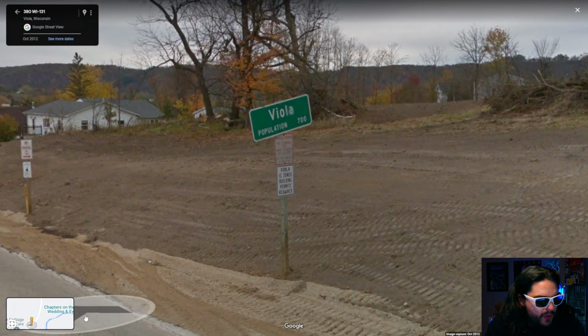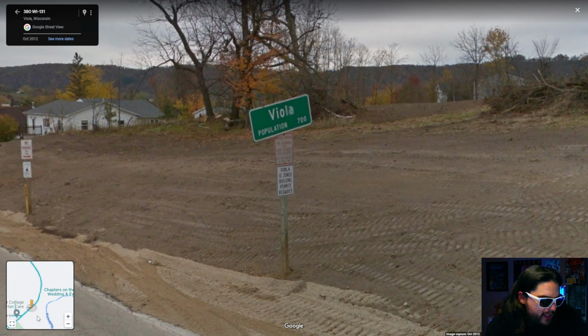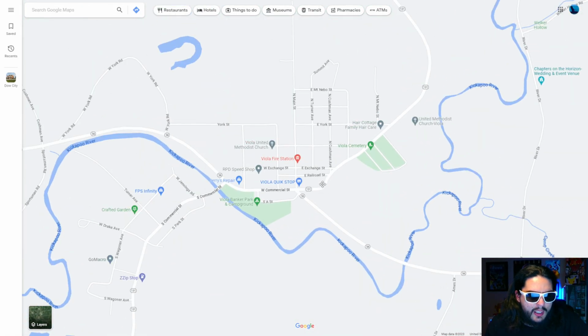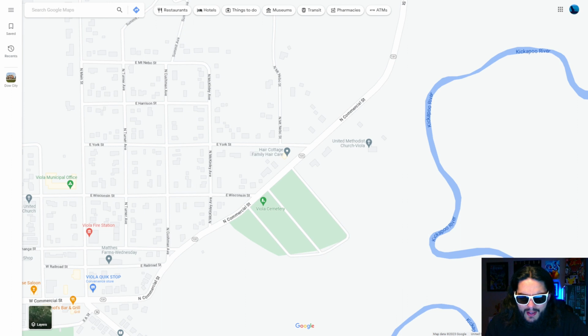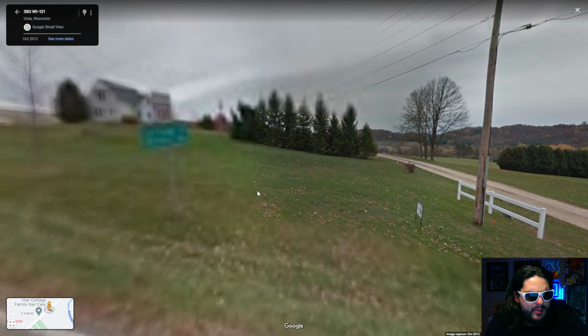Population 700? This is the first time that we've come across a population sign. This is interesting. Okay, we're right here on the outskirts. Oh, we missed the cemetery. Unfortunate. No, we haven't gotten to the cemetery yet. 700 people? There's 700 people right here? It's got to be all out this way, but man, I would not have guessed that there was that many